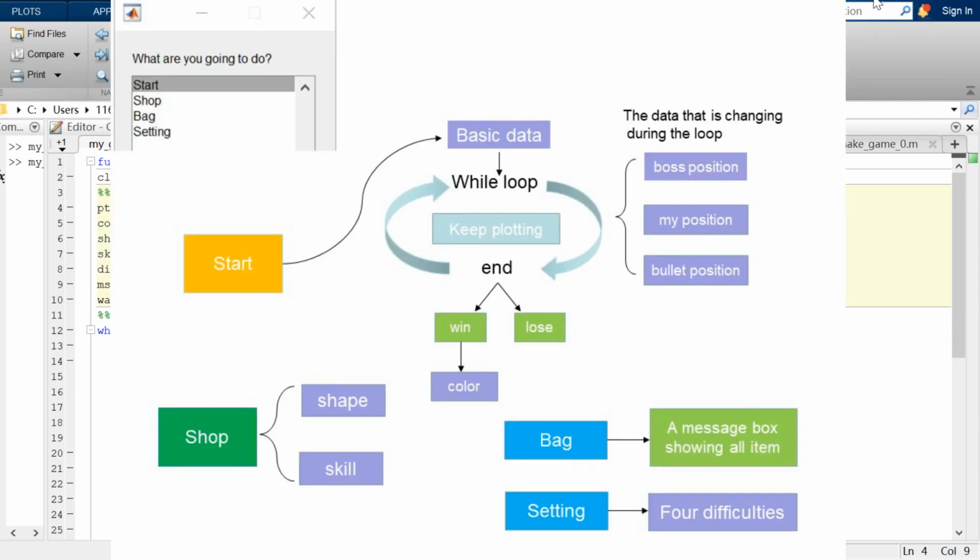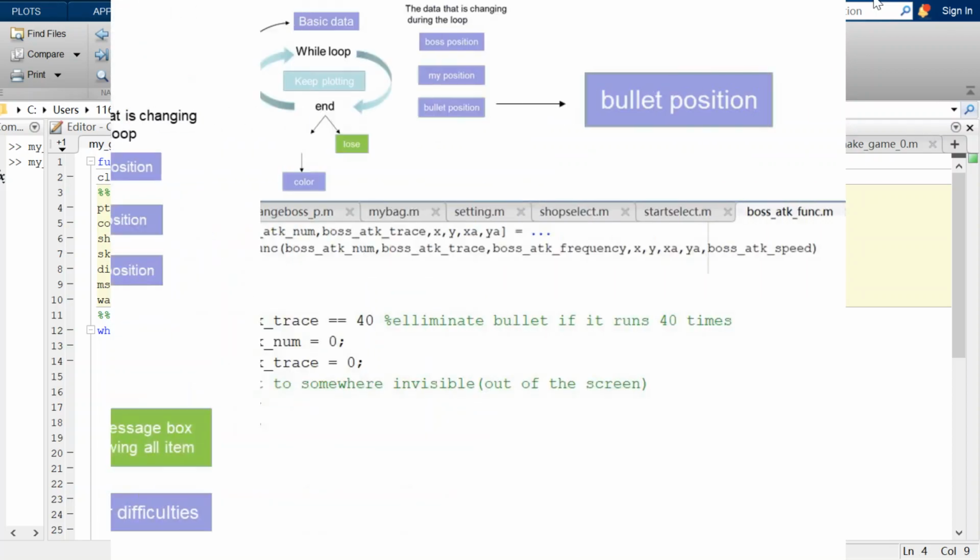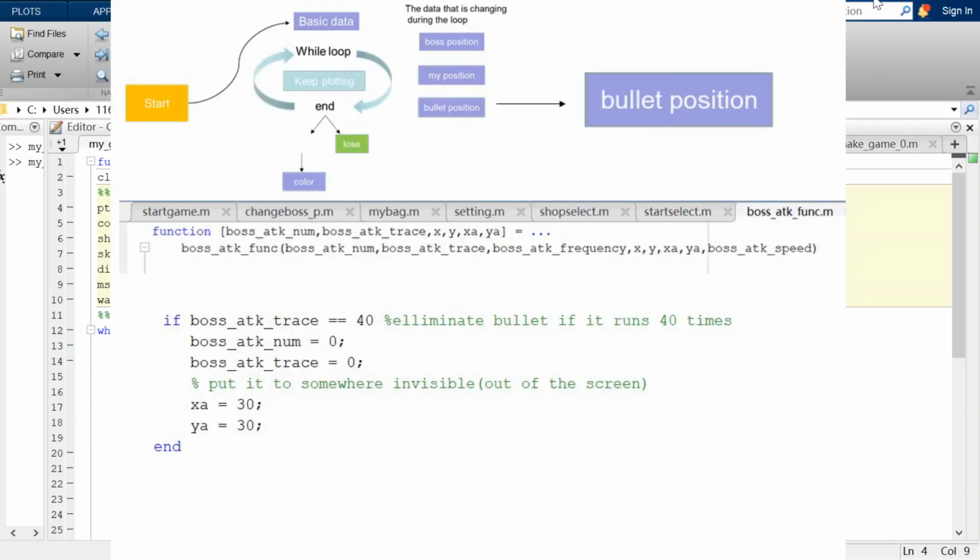And here is a skeleton of my game. At the very first, I just searched MATLAB game in Google and found a snake game. I was inspired by it because it uses a while loop to keep the snake moving, and I found it is possible to control my role using the keyboard. So I use the while loop in the start part and plot it with a changing data array in the loop to keep the ball moving. One of the difficulties I met in the start part